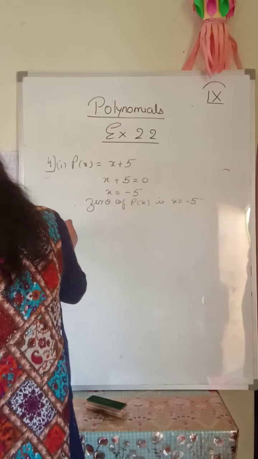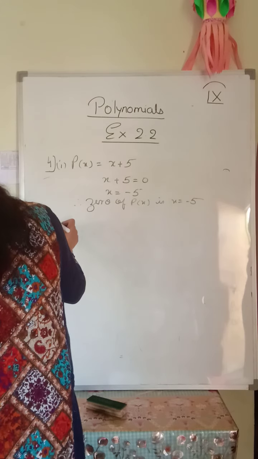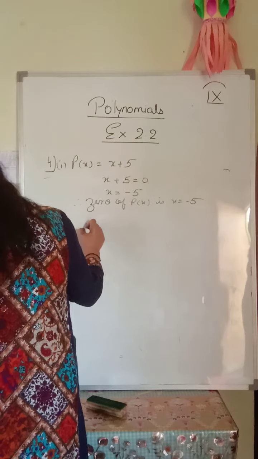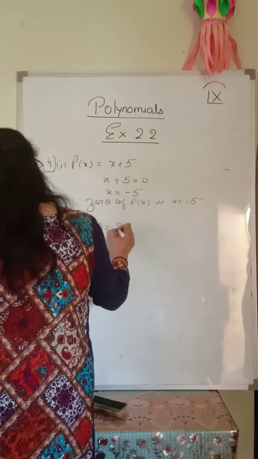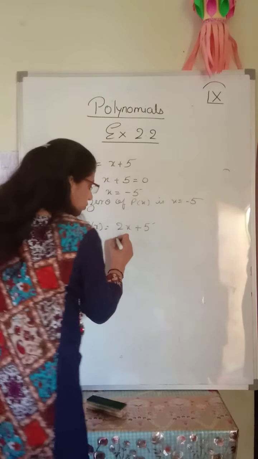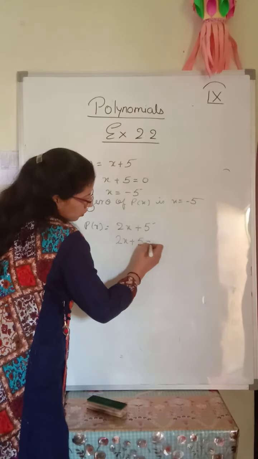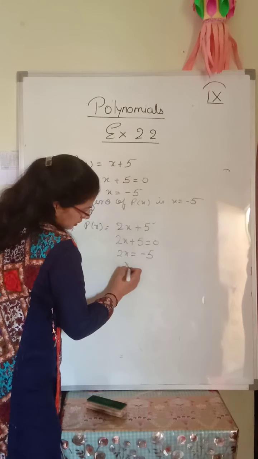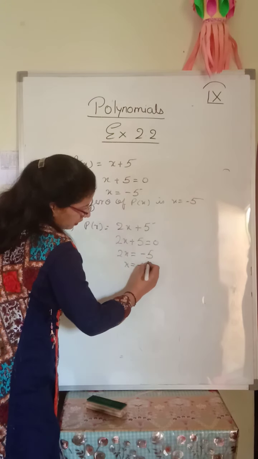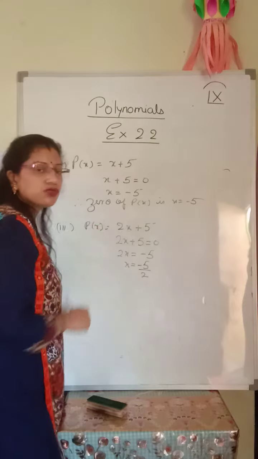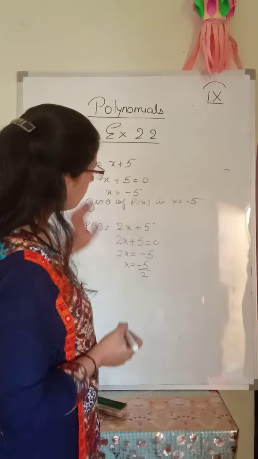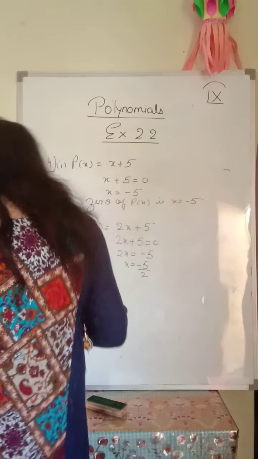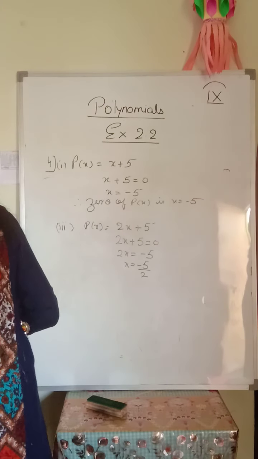Okay, now come to your, let us take the third part. P of x equals 2x plus 5. So 2x plus 5 should become 0. So 2x is equal to minus 5, 5 will go that side. Then x is equal to, 2 is in multiplication, it will come in division. So x is equal to minus 5 upon 2 is the 0 of this polynomial. Put minus 5 upon 2, 2 and 2 cancel, minus 5 plus 5 is 0. Okay. So one more let us do.